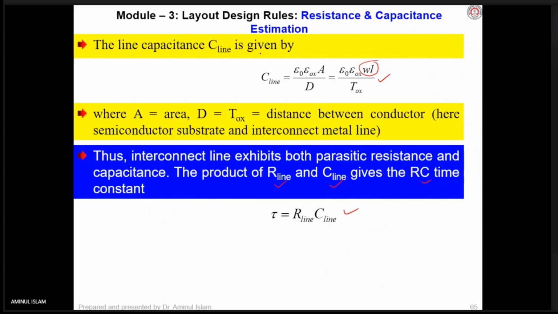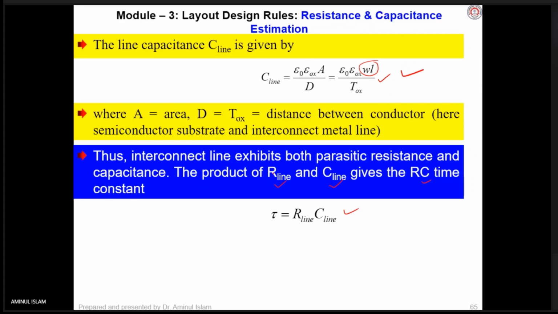Now the line capacitance C line is given by this. It's very simple and known to you. Kartik Rai, Himanshu Shogra, is it not very simple? Yes, sir, understood. Then why don't you go through the videos and tell me that this module is over, conduct the exam, we can move on to the third, fourth, fifth module. There are a lot of things to do and we have very little time. We have only October. Why have I given you this? Please go through. The exam is on 19th, sorry, 26th, 7 p.m.